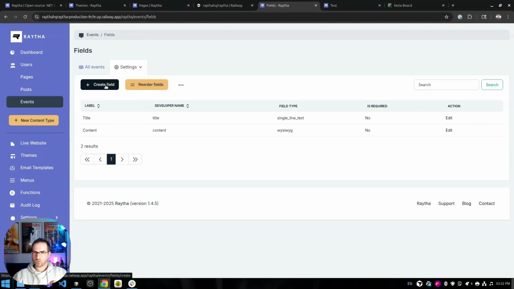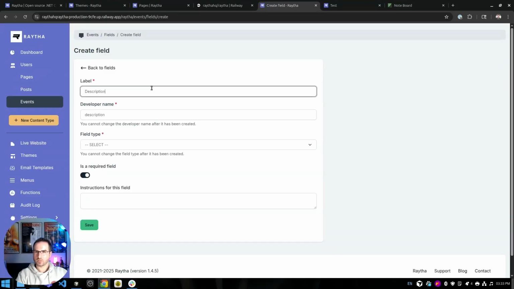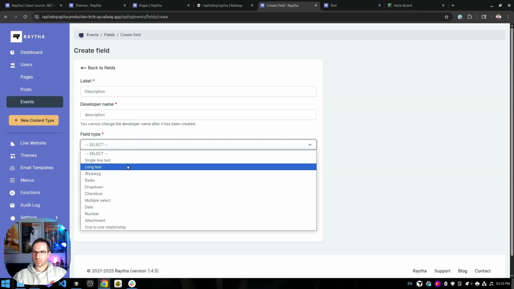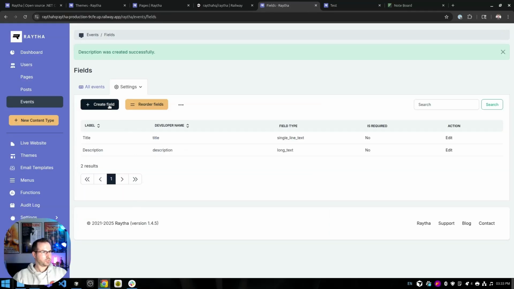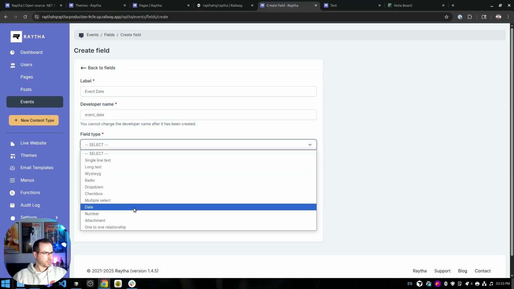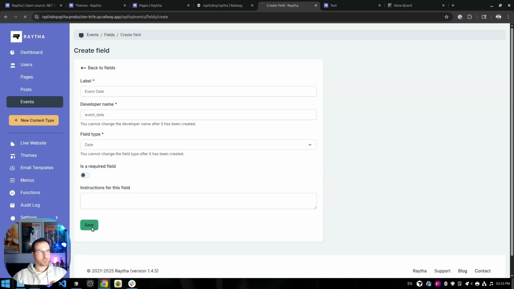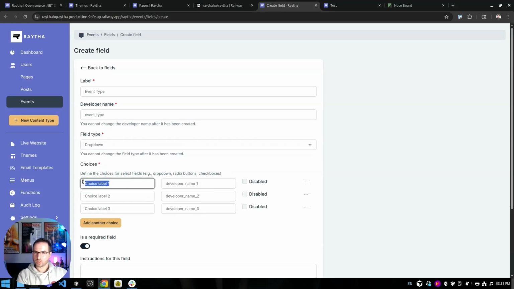Let's go to the fields, and what does it want us to do? We got a description, an event date, and an event type. We don't need this content one, I'll just delete this. Create a field, description, it wants a long text. It also wants event date. And event type, which is a drop down with these options: